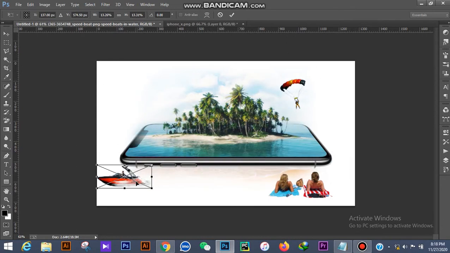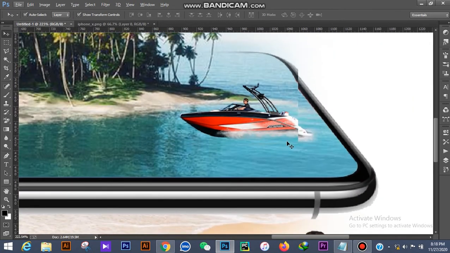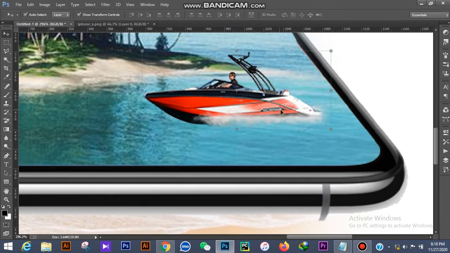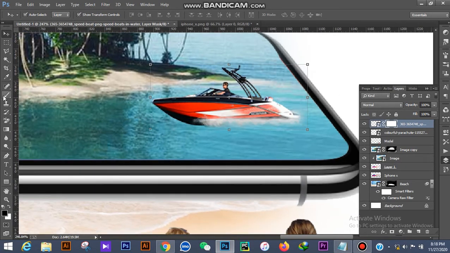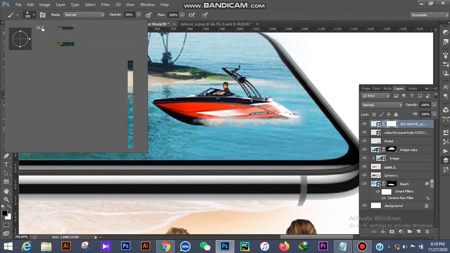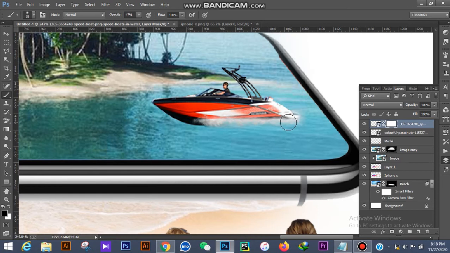And a speedboat is included in the iPhone X. We're working with the speedboat, and it's masking, and masking something for adjustment. Okay, and it's now looking good.